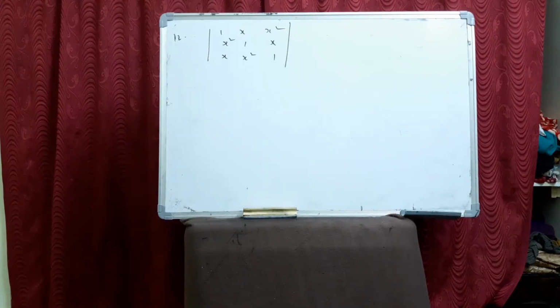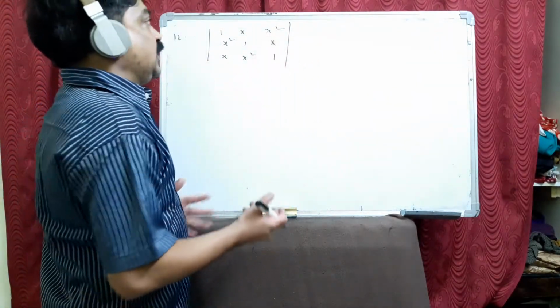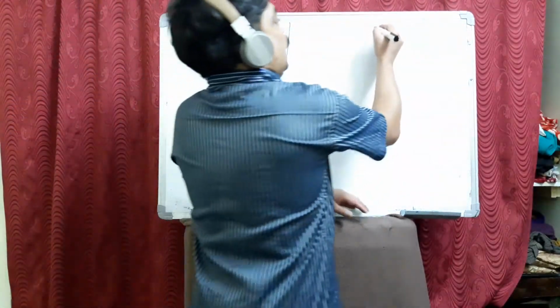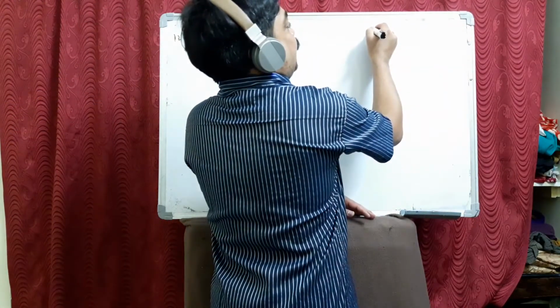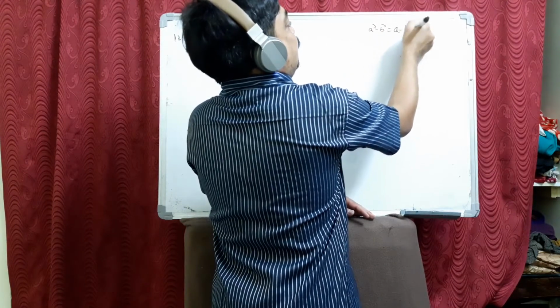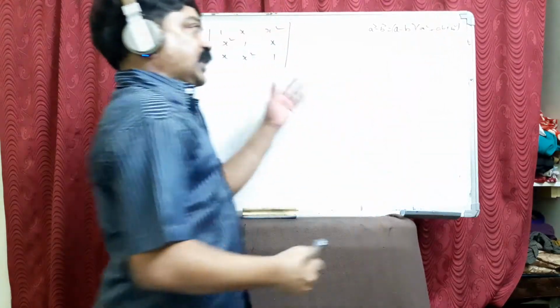See, in this question, it is entirely different. We don't get that idea. The right hand side is something like 1 minus x cube and all the terms are whole squares. Here, we have to apply the property of this. A cube minus b cube will be a minus b into a square plus ab plus b square. How we use this, I tell you.